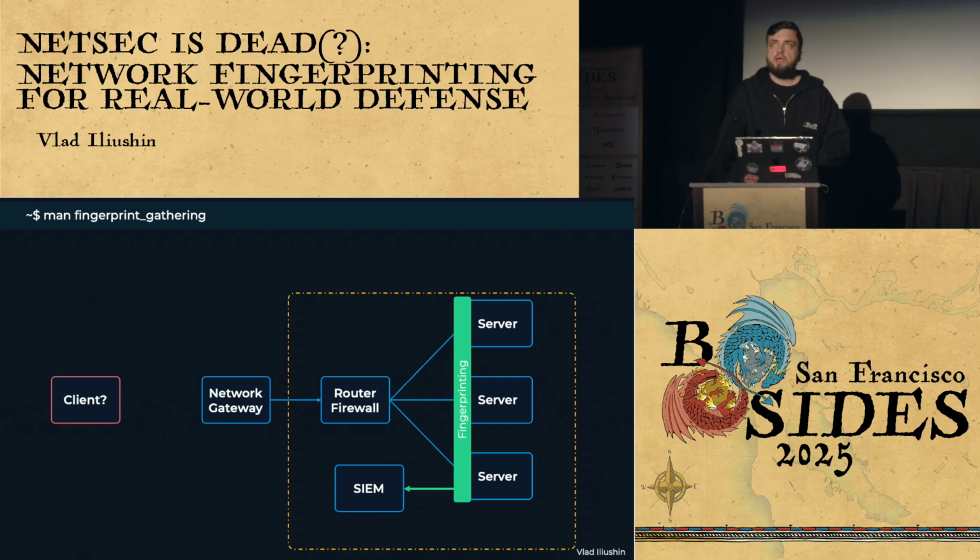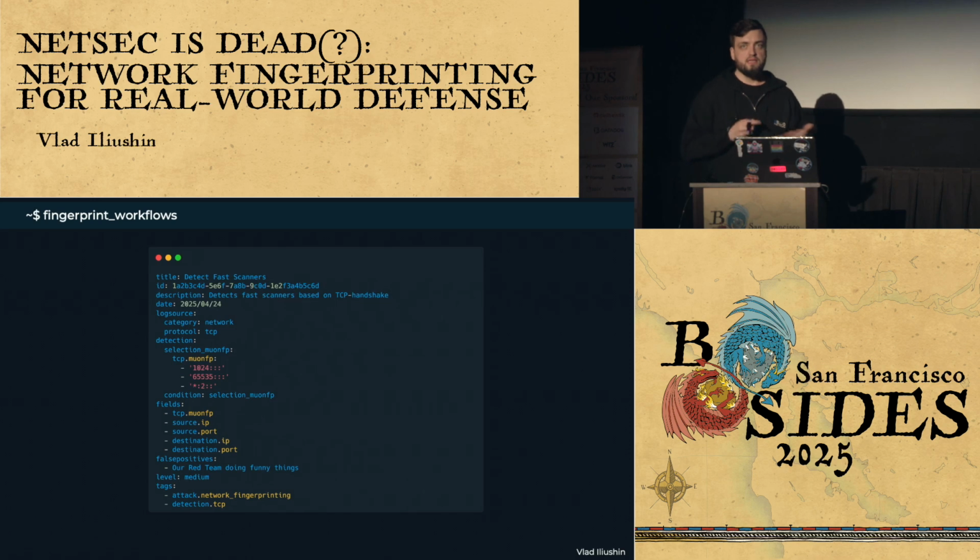So how can you capture some true value from network fingerprinting? Well, the easy path is usually to write more detections. This is just an overly simplified example of detecting fast scanners. This is a Sigma rule that you can push and start creating new detections.